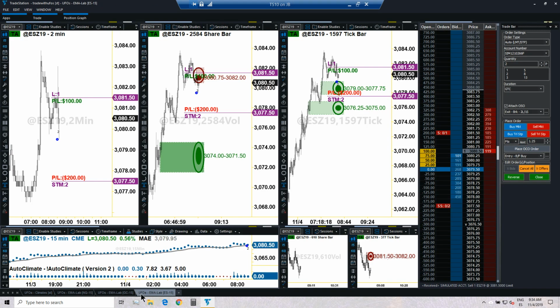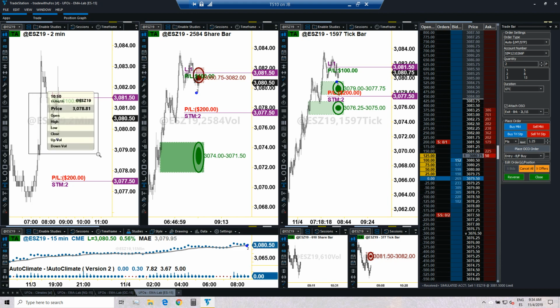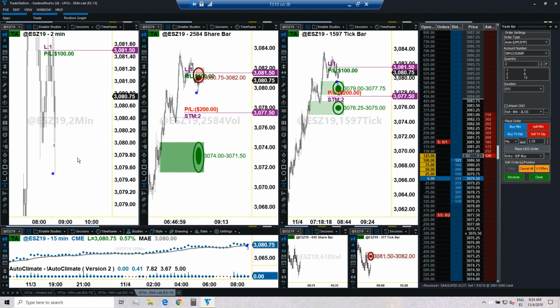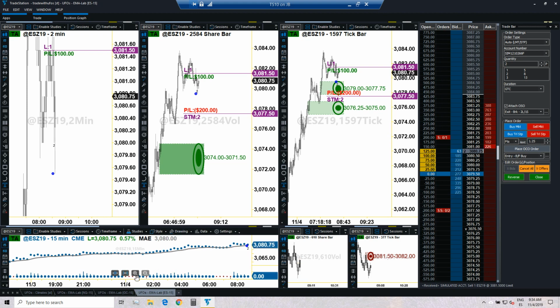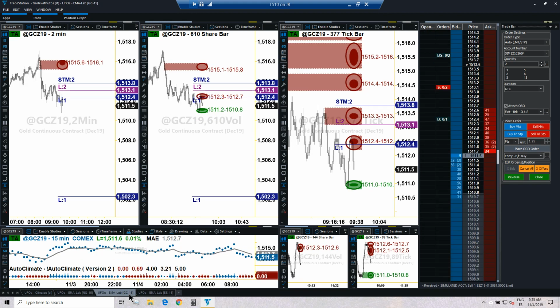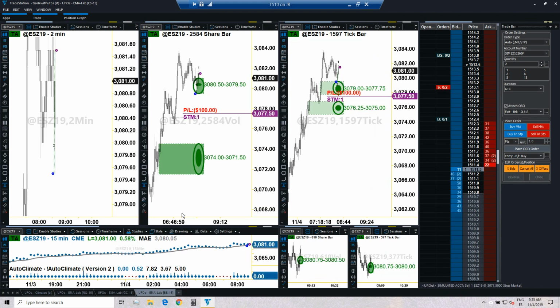We are in the trade, very nice. So, moving up towards the safety target. We are now in time stop mode as well, so we'll be looking and counting the candles on the left. So 3 ticks away from reaching that safety target. It would be very nice to reach that safety target quickly. Normally that's the recipe of the best trades, when you reach the safety target very quickly. With gold, nothing new. So we are still having that valid setup for the next 15 minutes.